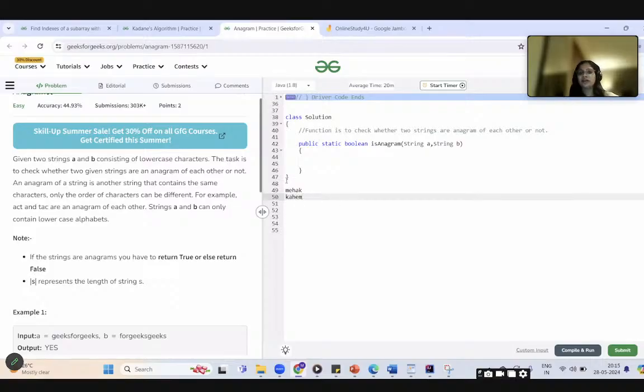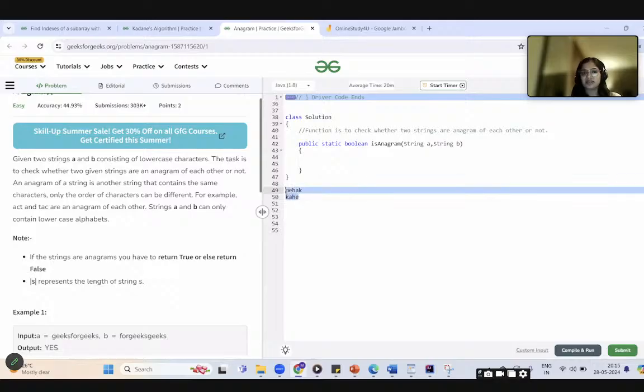So these two are anagrams of each other. When I was doing this question for the first time, the first thing that came to my mind was that if two strings are not of the same length, then automatically they are not anagrams, right? For example, if one is Kahe and one is Mehak, then obviously they cannot be anagrams of each other because their lengths do not match.